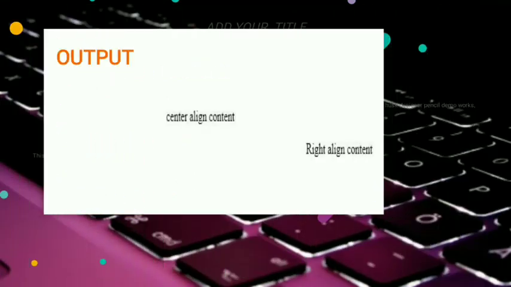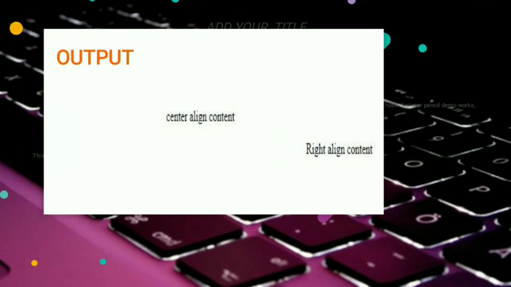P align center aligns the text at the center place. With right align, there is one single line space between the two texts, and the right text is aligned at the right side. Okay, this is the use of the paragraph tag. Understand? Okay, thank you, student.